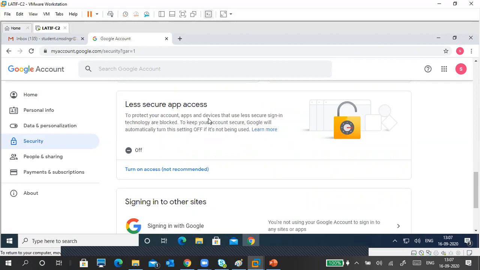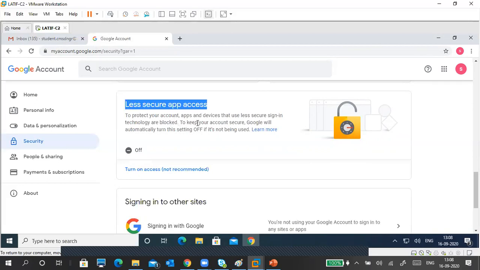So logging in with your browser is more secure, but when you log in with Outlook or any application, that is a less secure application. So Outlook is less secure than a browser. Understand? Because if the mails are in your Outlook, anybody can view them, right? So that is the one point. So like that, less secure apps access should be on.